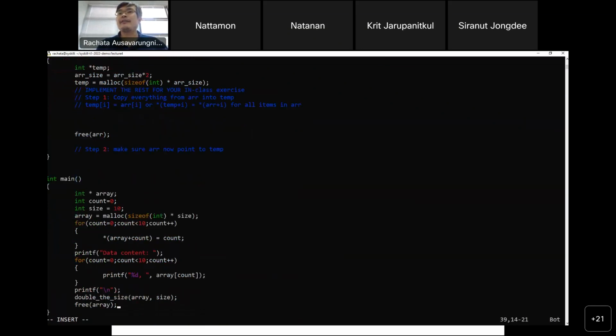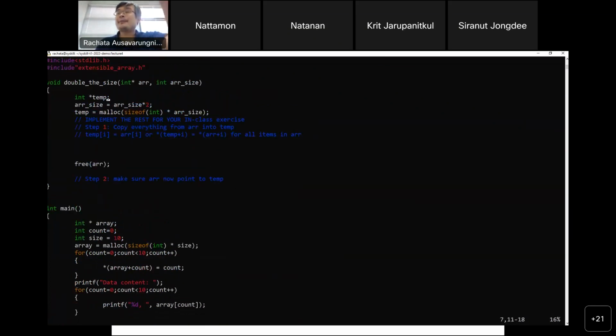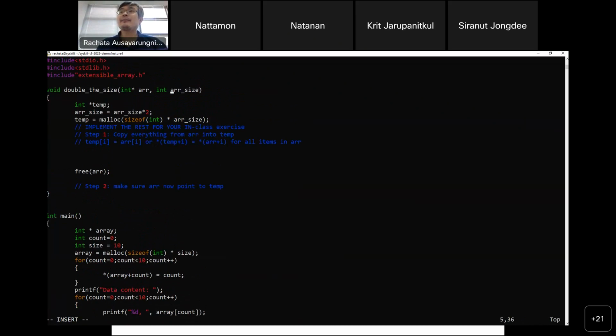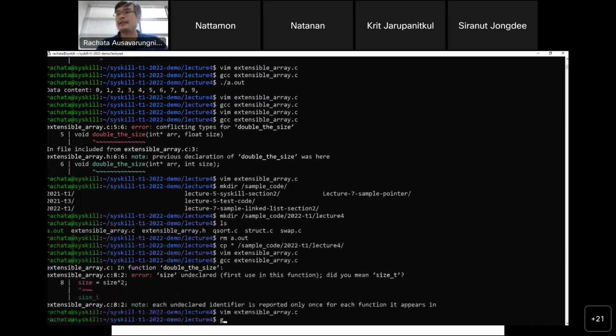But then after you double the size here, you need to make sure you then update the size. Because size in there is a new value, but it never gets updated. The other thing you can do is, instead of passing in the value, you can pass in the pointer that points to AR size outside of the main function. That works too. So now you can compile,